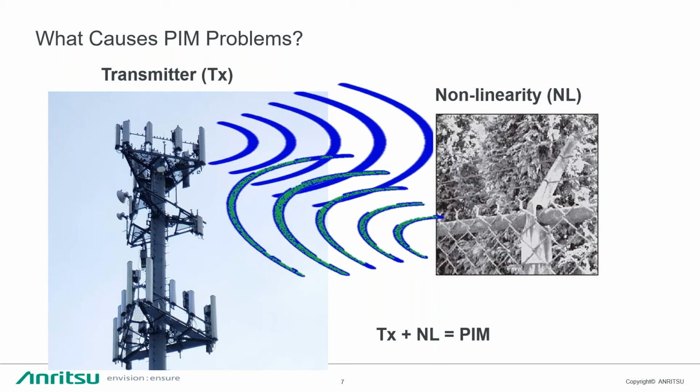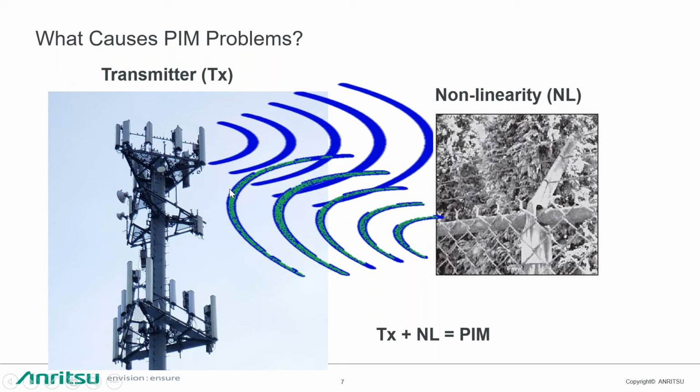What causes PIM? I'm going to focus in today's presentation on the solution if you have PIM, but it's kind of important to at least understand the basics of what causes PIM problems. And I think most of you on the call, if you are familiar with PIM, already know these basic concepts. You've got a transmitter. It transmits into an environment. The environment encounters a nonlinearity in the RF path. And so then we have PIM